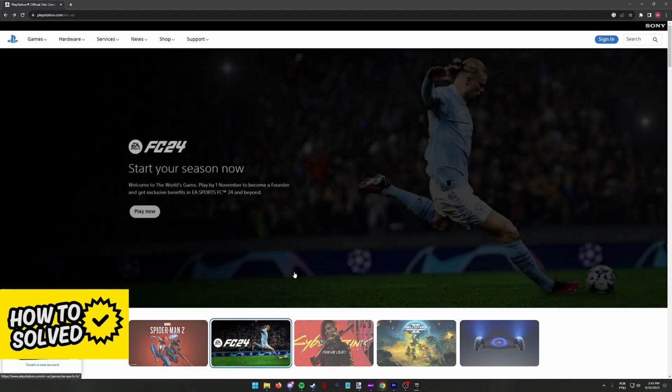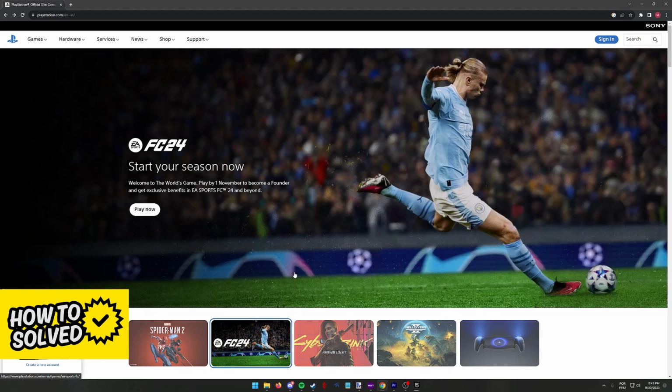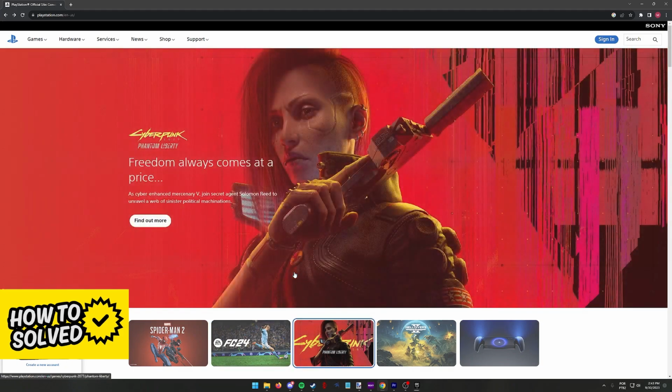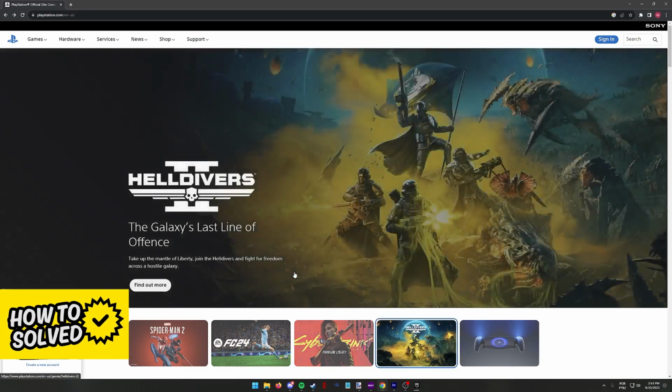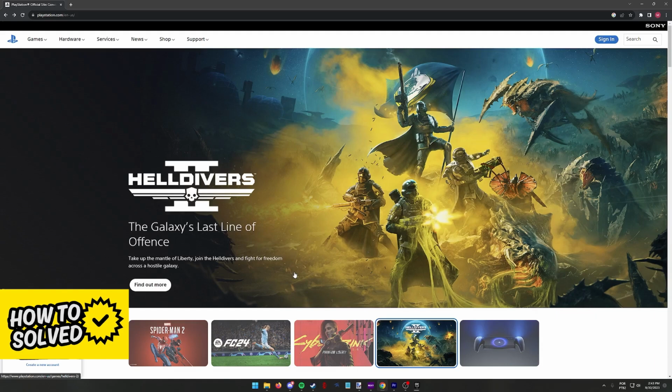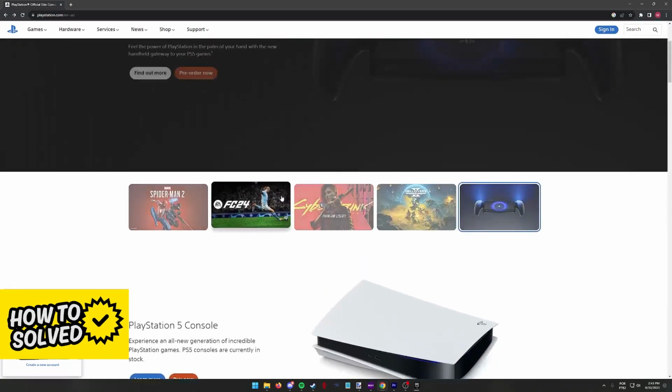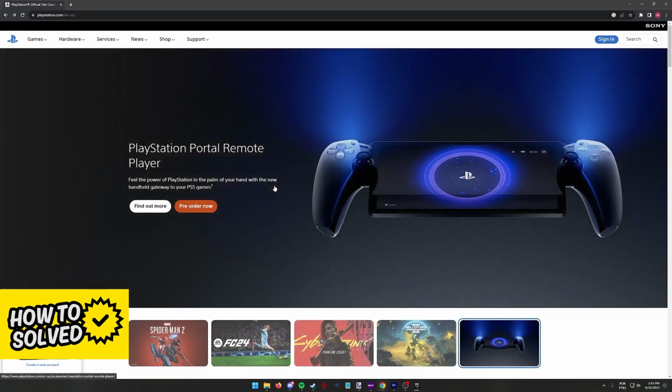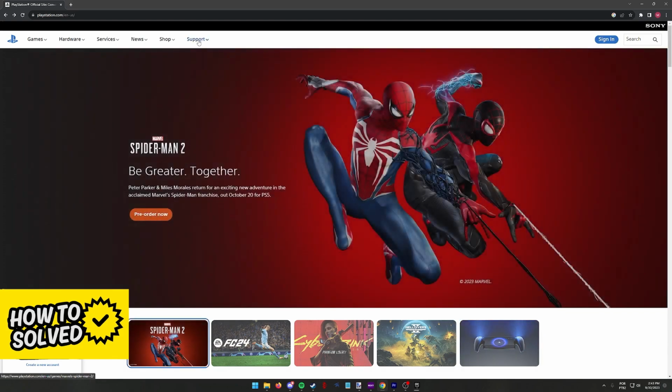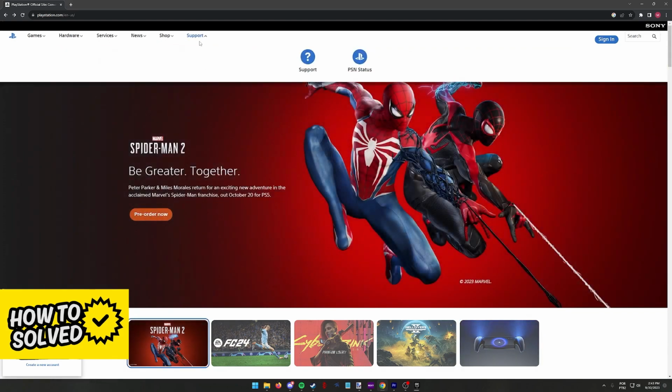The proper way to request a refund for any purchases that you have made on a PlayStation 5 is through the PlayStation website. So I highly recommend that you do this process through a web browser on your computer or your phone, and you go to www.playstation.com. Like I said in the beginning, this is going to be the primary way to make sure that you can guarantee a refund. Once you arrive at the website, select Support on the menu at the top and then